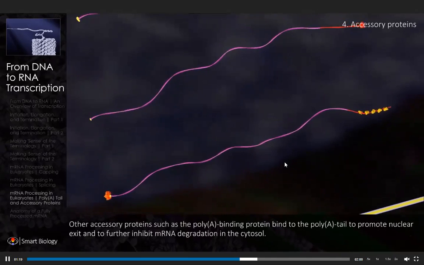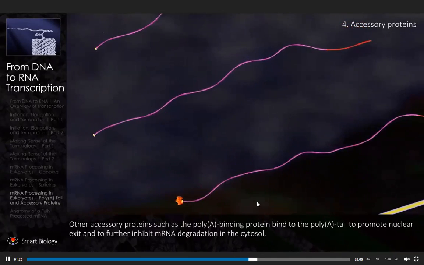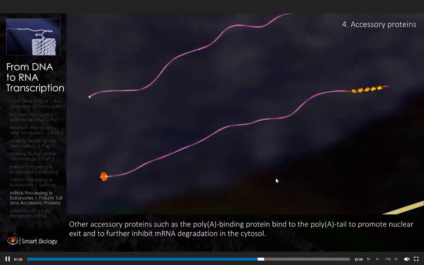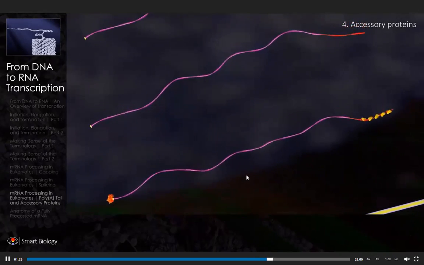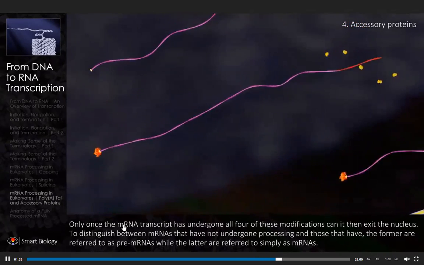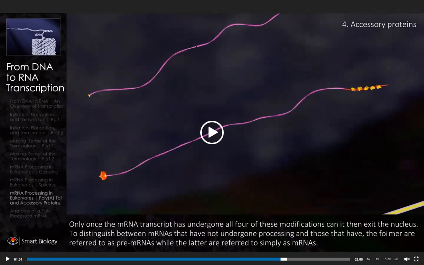So there are also other accessory proteins like PABP, poly-A binding protein, that can bind to the poly-A tail to promote nuclear exit. Only once the mRNA has undergone all 4 of these modifications, only then it can exit the